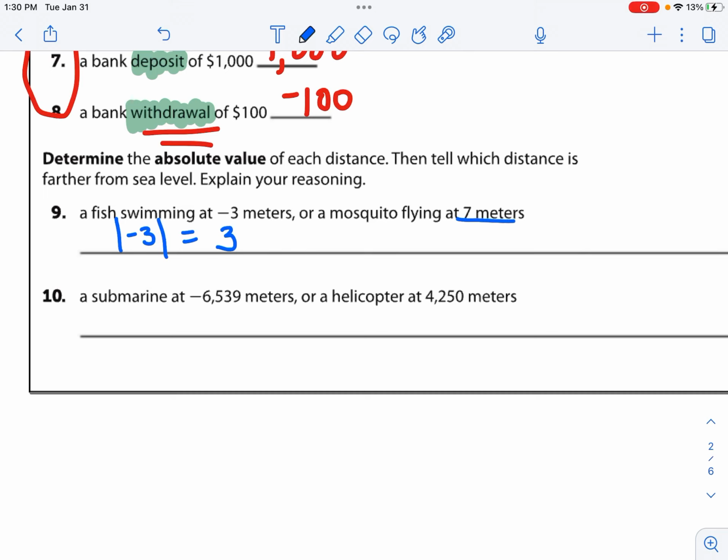Now let's take this one, 7 meters, and put 7 inside of absolute value bars. The absolute value of 7 is 7. So which number is bigger, 3 or 7? Well, 7 is clearly the bigger number. So if we're saying tell which distance is farther from sea level, the mosquito flying is farther from sea level. So you could even just circle that. All right. A submarine is at -3